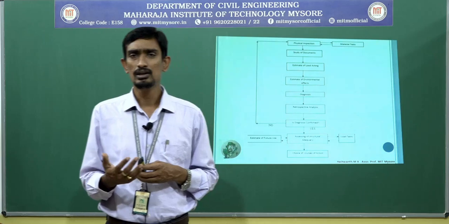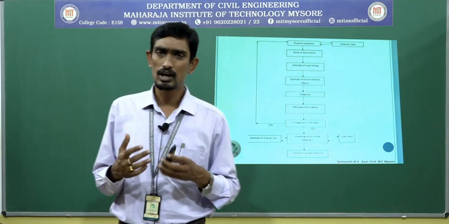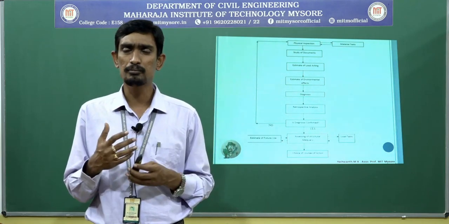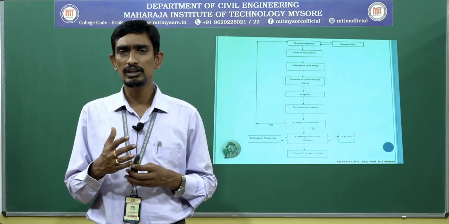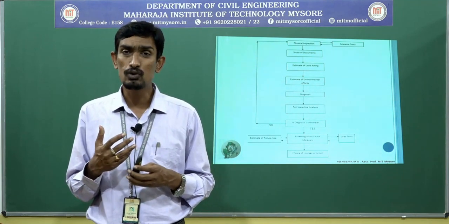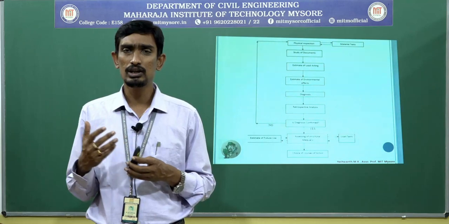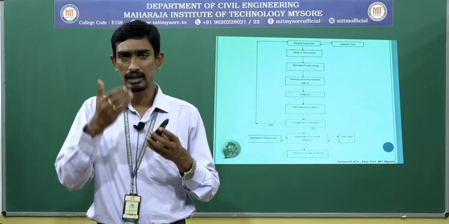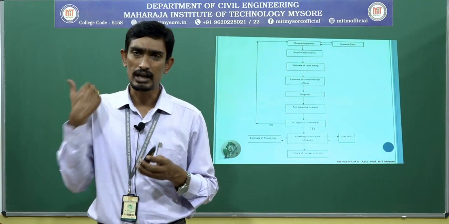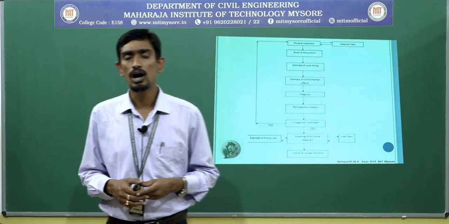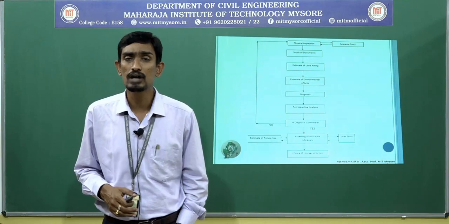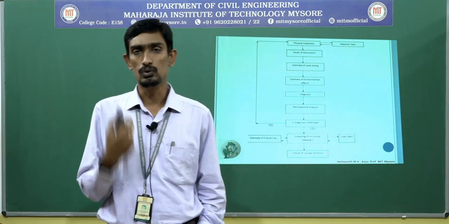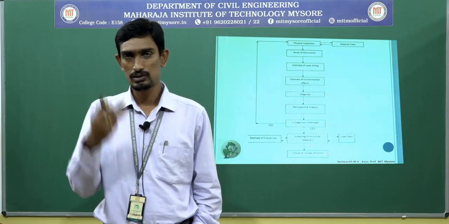After diagnosing, confirm whether it has been done properly or not. After confirming, then you can go ahead with the choice of course of action. Choice of course means whether I need to go with a repair or retrofitting. In that repair, what is the type of repair? What is the type of retrofitting I need to go for? All those things are the choice of course of action I need to go ahead with. Okay, this is one thing.